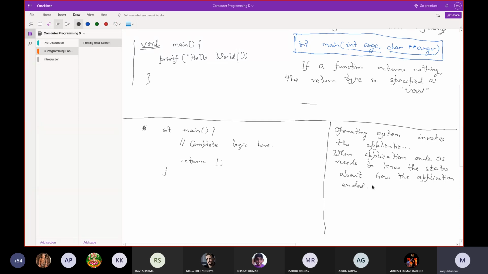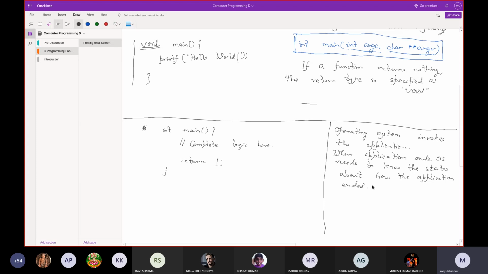If you can remember from our discussion of process management, everything that the operating system gives to the application when it starts executing, the application will give everything back when it ends, the memory space where it was loaded, each and everything. Now, when the application ends, the operating system must know how it ended.